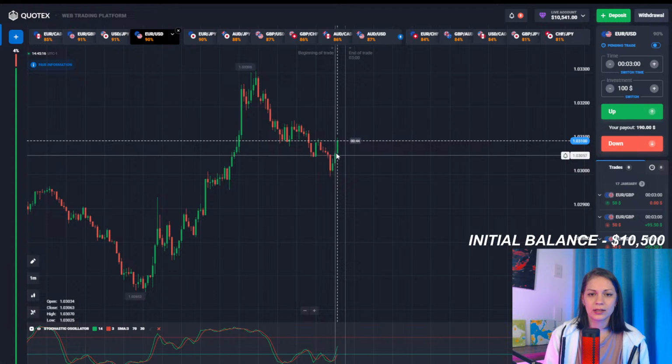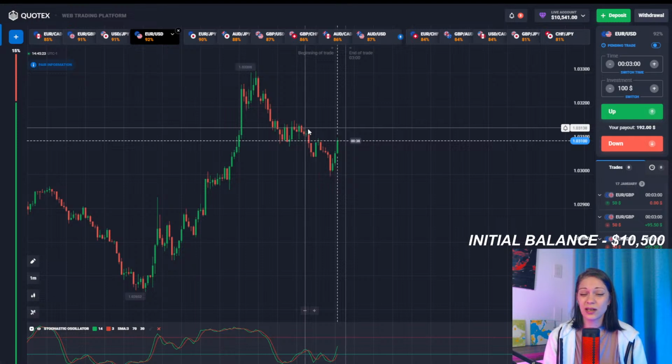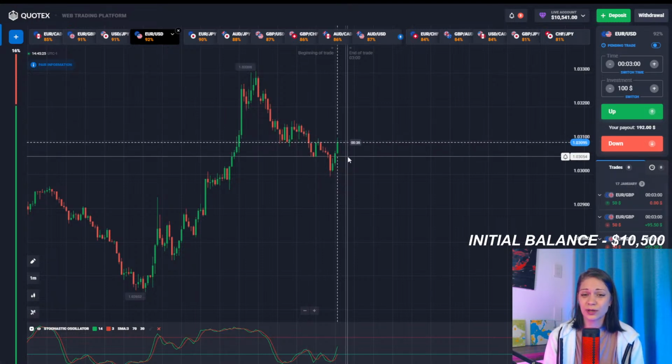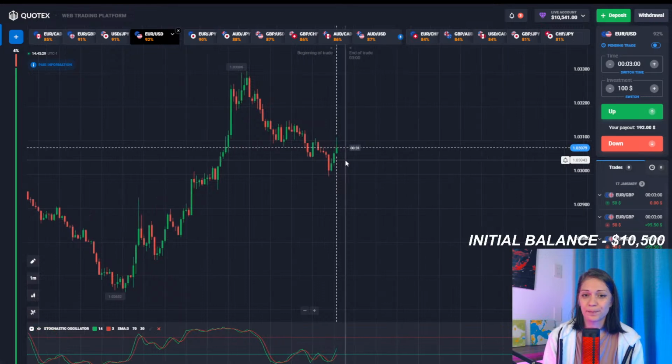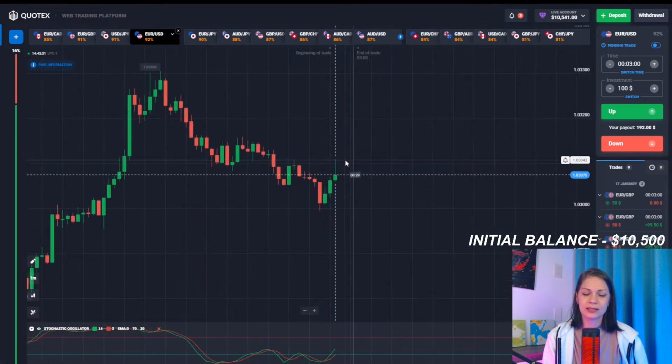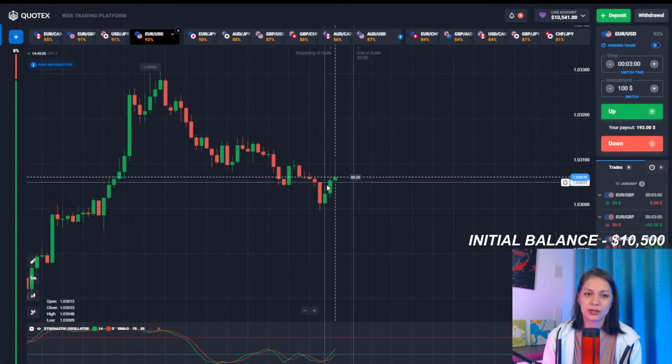And right here, there is a price reversal. As I said a couple of minutes ago, it's a bit too late for now to enter into a deal for an upward trend. Oh no. Let's see how this candlestick is going to be closed, and then we will think what we should do.